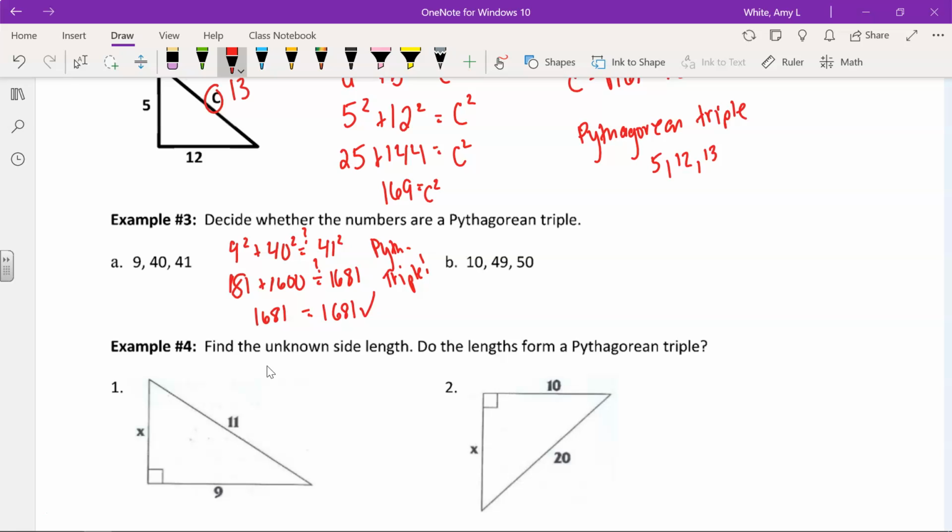But when I try this with 10, 49, and 50, let's see what happens. 10 squared plus 49 squared equals 50 squared. I know that 10 and 49 are going to be a and b because they're the smaller values. So this would be 100 plus